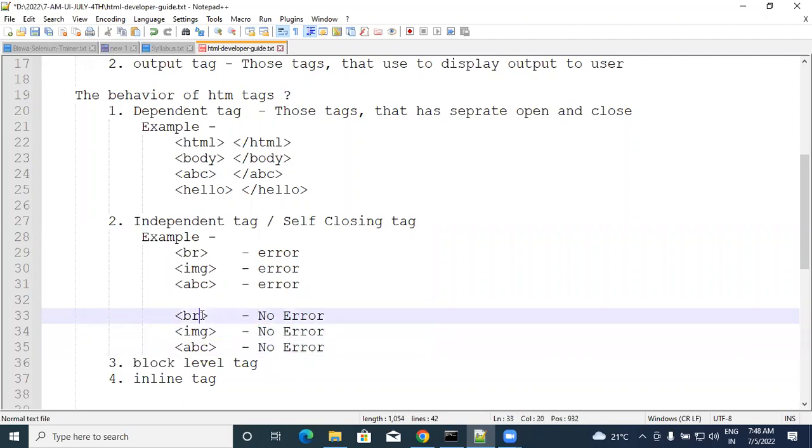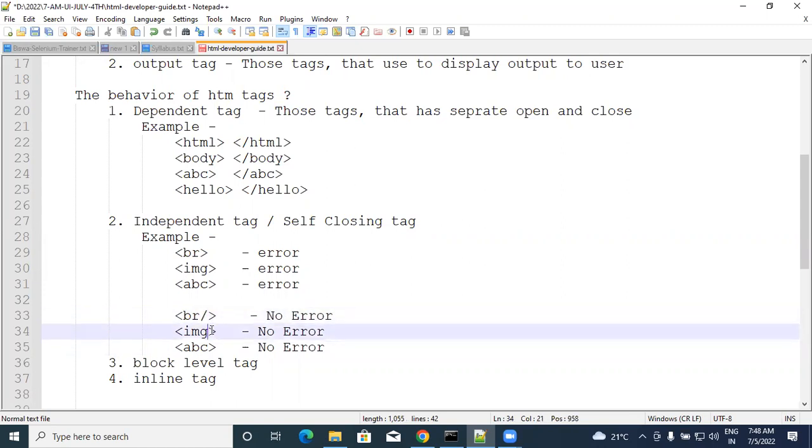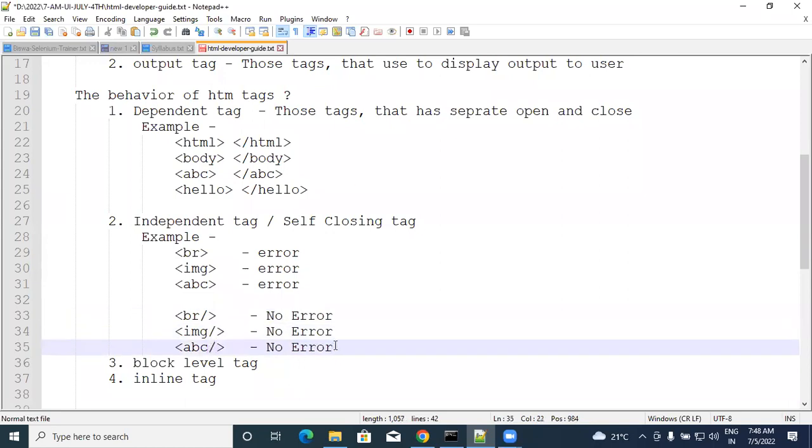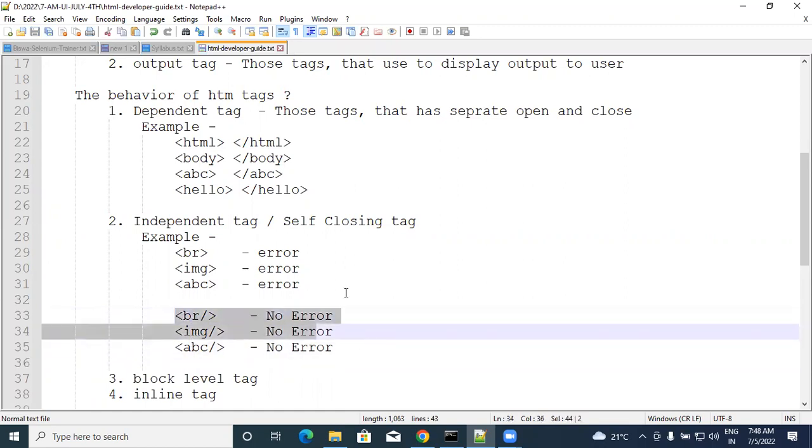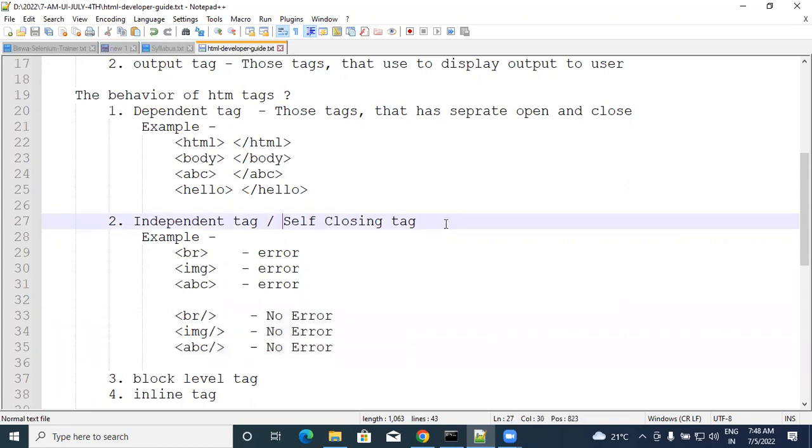You have to put the slash in the last. Slash is required in the last. If you keep the slash in the last, this will be called a self-closing tag. Without slash, it will be only a tag, but to make it suitable for all the